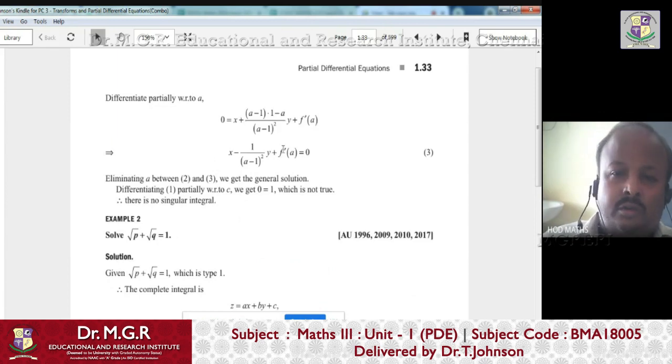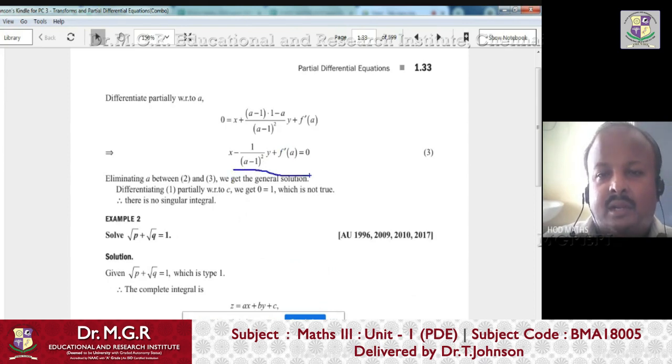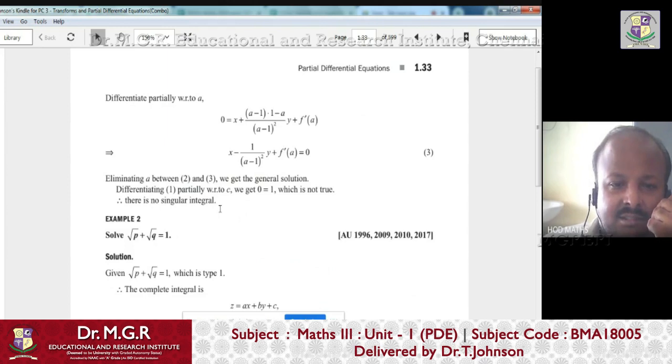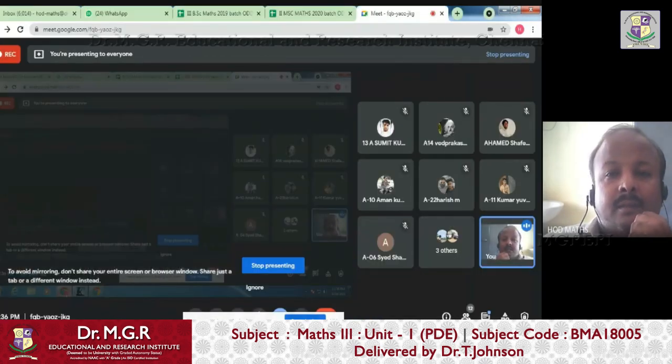So here there is no need to solve. One time you have to differentiate and you get this format, and then you can write this line always. That is, from equation 2 and 3, we get the general solution. Then problem over. So this we have seen in the last class, right? So now you are also going to see the